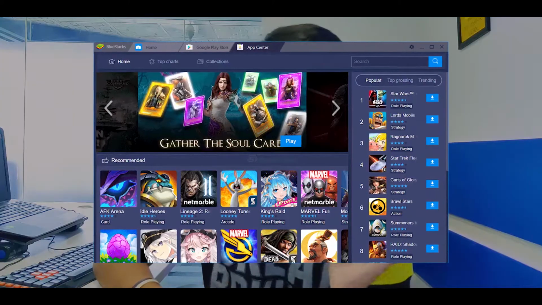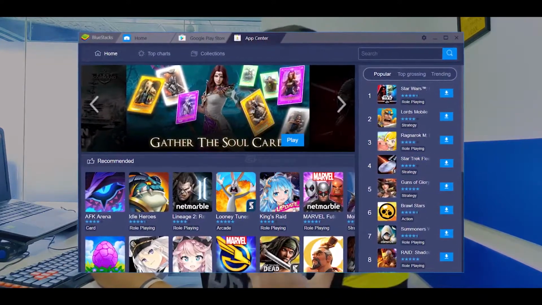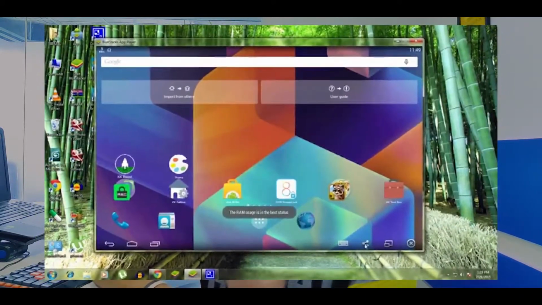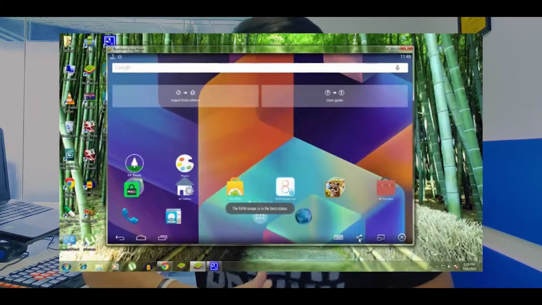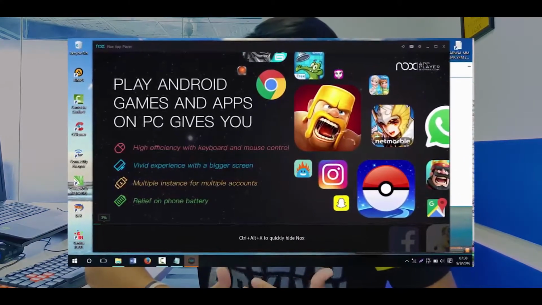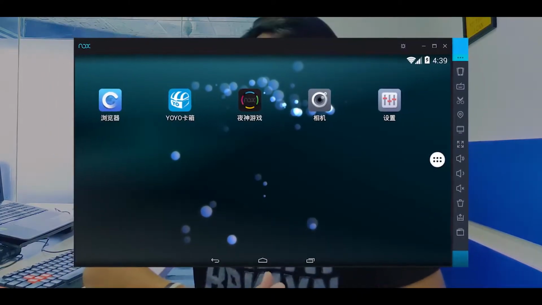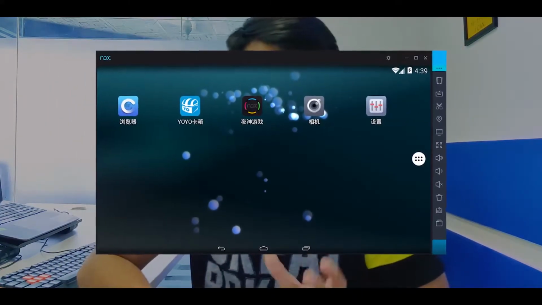Second method is by using emulators. I'm sure by now you all must have heard about this application called BlueStacks. Yes, BlueStacks is the best emulator out there through which you can use your Android apps on your PC. A great alternative for BlueStacks is also this emulator called Nox. Nox is a great one, but I feel BlueStacks has much more support as well as variety to use any app as possible. Plus the best thing about it is that BlueStacks also has a VPN with it.